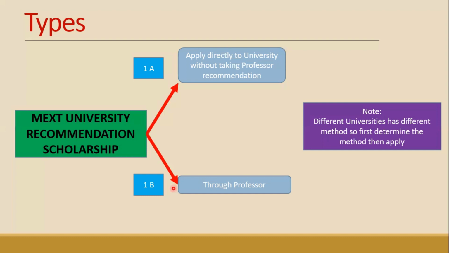So if you pass the lab interview and the research proposal, then they will accept you in the lab. But this does not mean that you get the MEXT scholarship. What actually happens after this is that all the applicants send their documents, and later on the lab just judges the documents to see which profile is better. After evaluating this, they nominate a few candidates, and that nomination is based upon the quota of the university. So this is how it actually works.